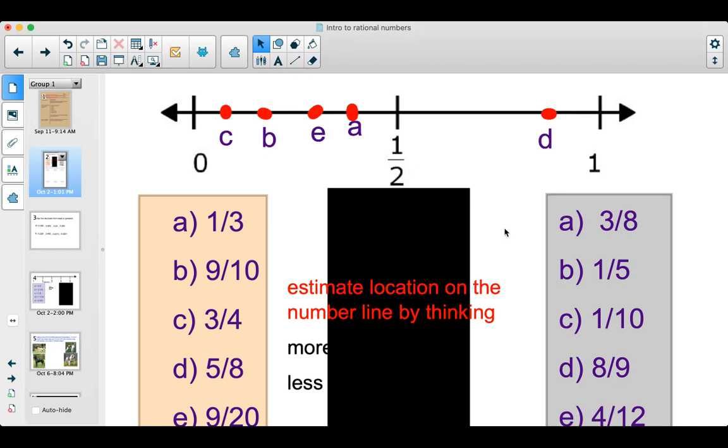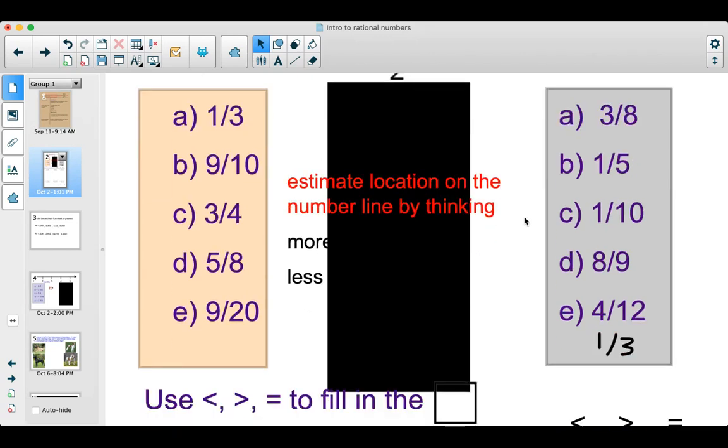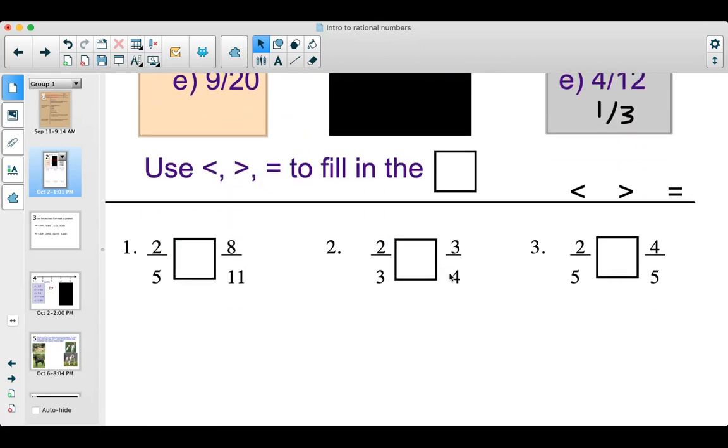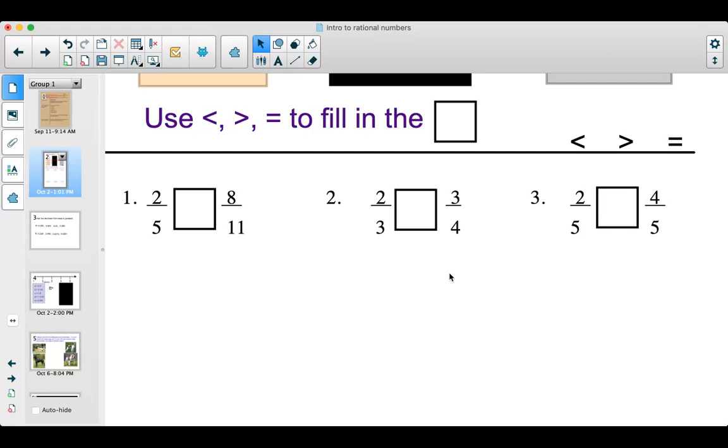Okay, so those are good estimates of my numbers. Four of them were less than half in this case. Only one was more than half. All right, so let's try to use some of what we know to